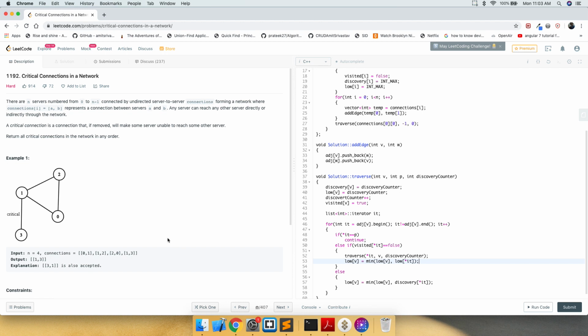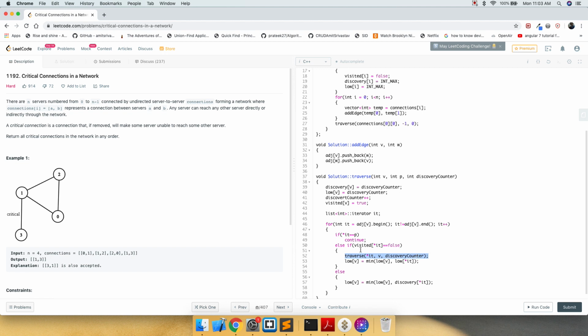So then the low value of 3 would not be set by just the discovery counter, but would be set here through the discovery time of 0 if there was a connection. But since there is no connection, the only way we are setting the low is through the discovery counter, which is being called from here. I hope I'm making myself clear.